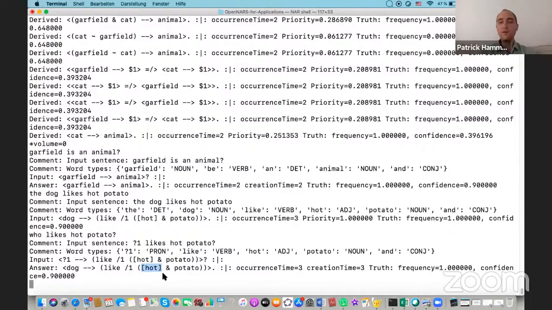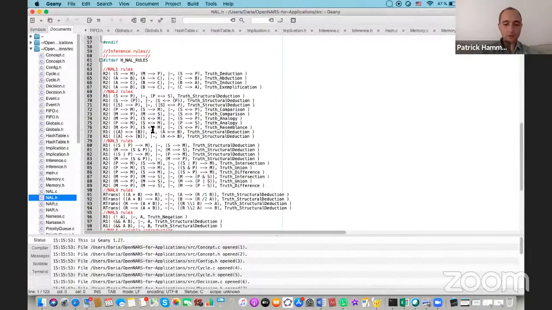So what this does is very shallow semantic parsing. It does not really try to find a meaning for the terms or for the words in terms of meaning or grounding. It does only translate it, and the system has to relate it to the other events, and this is what gives those terms actual meaning. So we do not try to have a deep semantic labeler, something like a semantic role labeler. We don't do this. We simply translate it into terms, and the meaning of the terms has to be learned by the system itself, based on the context, based on the other events which are happening. And we have, for instance, some story